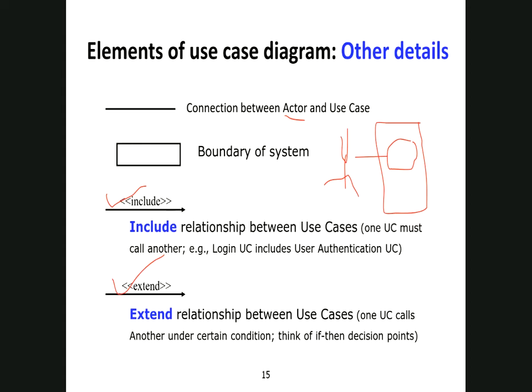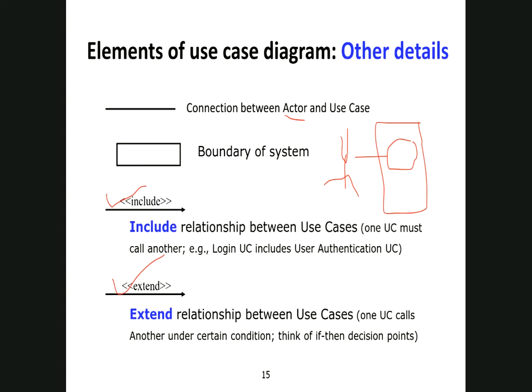When you buy a car, will you ask the company, I'm buying a car, please give me engine also? Will you ask it? No, because when you buy a car, engine is part and parcel of the car. It is included in the car. You will not ask it separately. I'm buying car, give me tires also. I'm buying car, give me steering also. You'll not ask because it is part of the system. So when you want to show anything which is part of the system, you call it include.